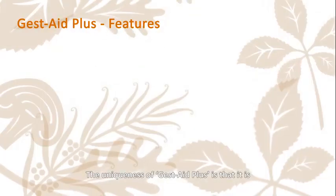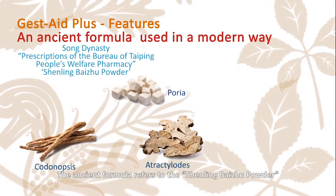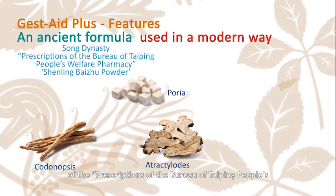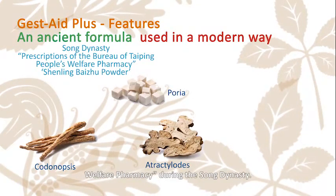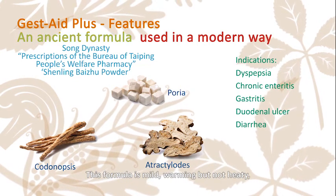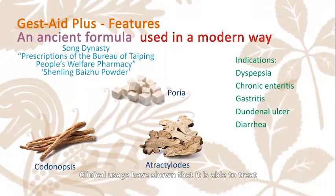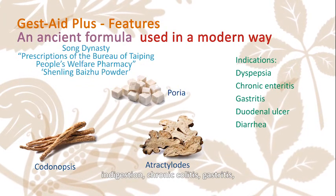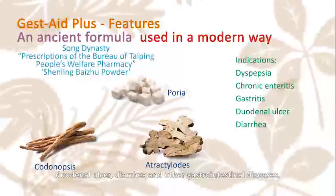The uniqueness of Gest-Aid Plus is that it is an ancient formula used in a modern way. The ancient formula refers to the Shenling Baizhu powder of the prescriptions of the Bureau of Taiping People's Welfare Pharmacy during the Song Dynasty. This formula is mild, warming, but not heaty, nourishing, and yet does not overload the organs. Clinical usage has shown that it is able to treat indigestion, chronic colitis, gastritis, duodenal ulcer, diarrhea, and other gastrointestinal